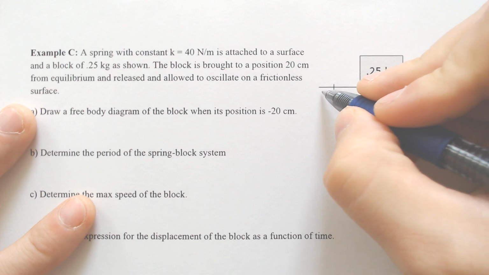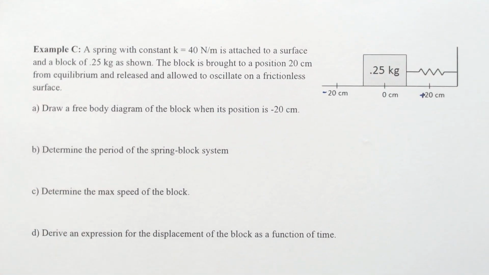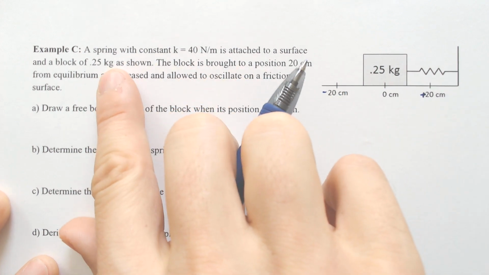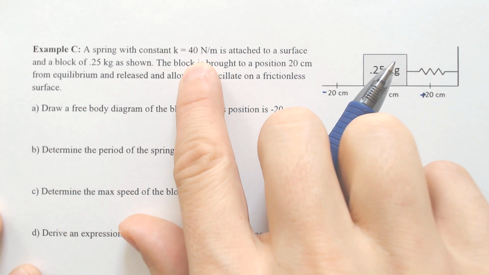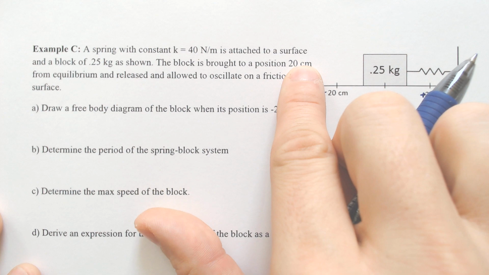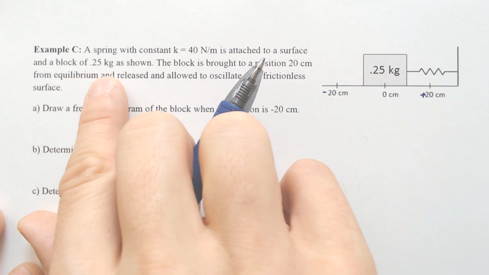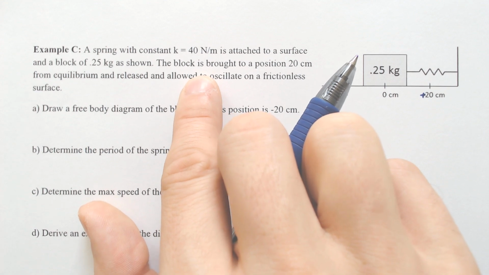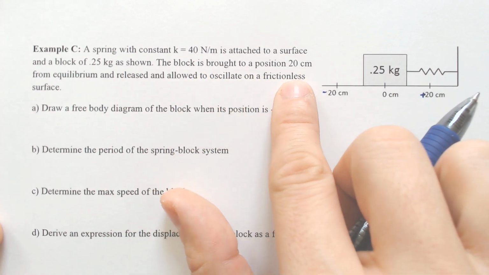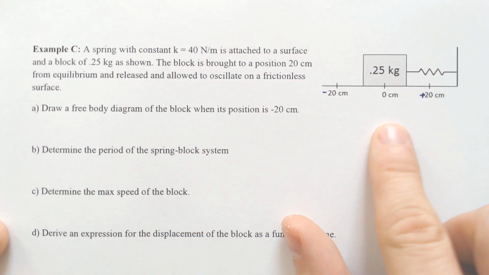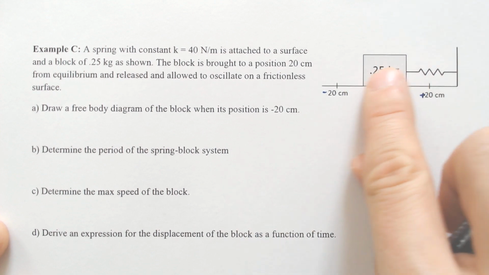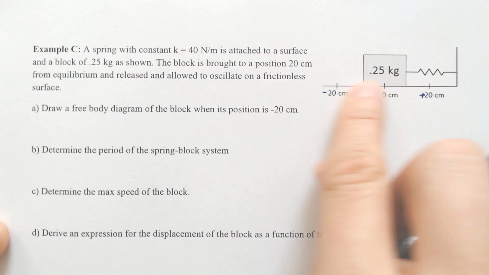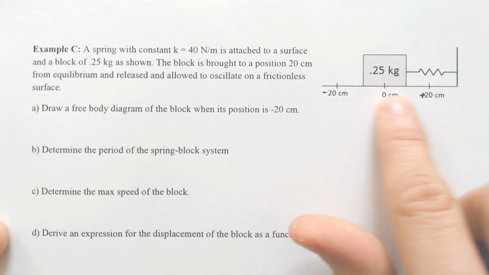Today we are going to be doing a spring problem. With this spring problem, we have a spring constant of 40 newtons per meter. It is attached to a surface and is going to be having a 0.25 kilogram block as shown. The block is brought to a position of 20 centimeters from equilibrium. So it's kind of like compressing in 20 centimeters from equilibrium, allowed to oscillate frictionlessly back and forth